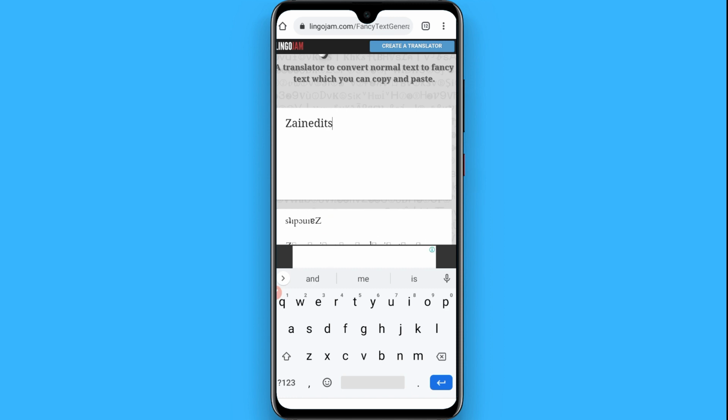Now select any design you want to. So I simply copy it,